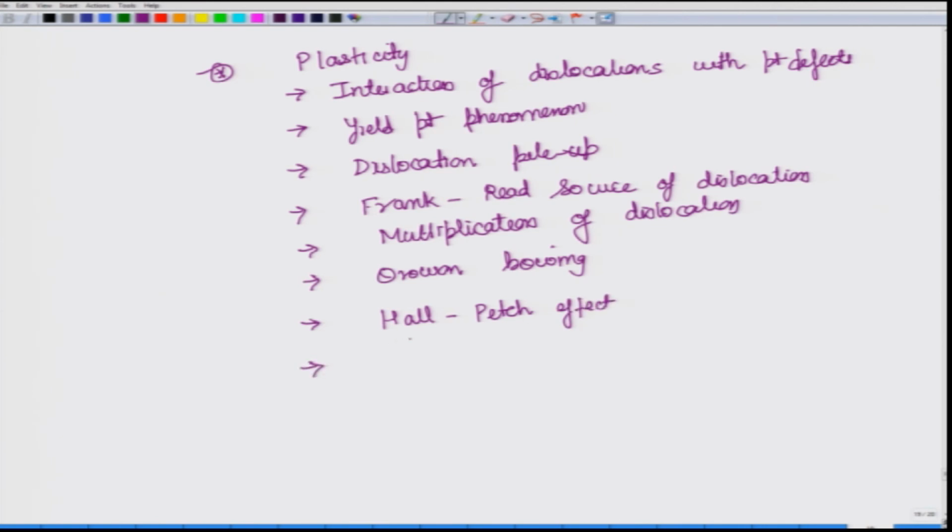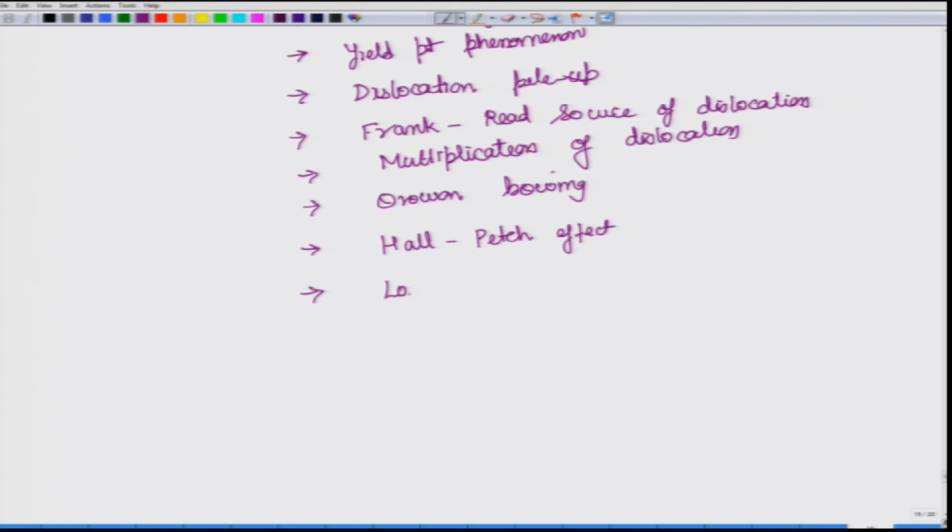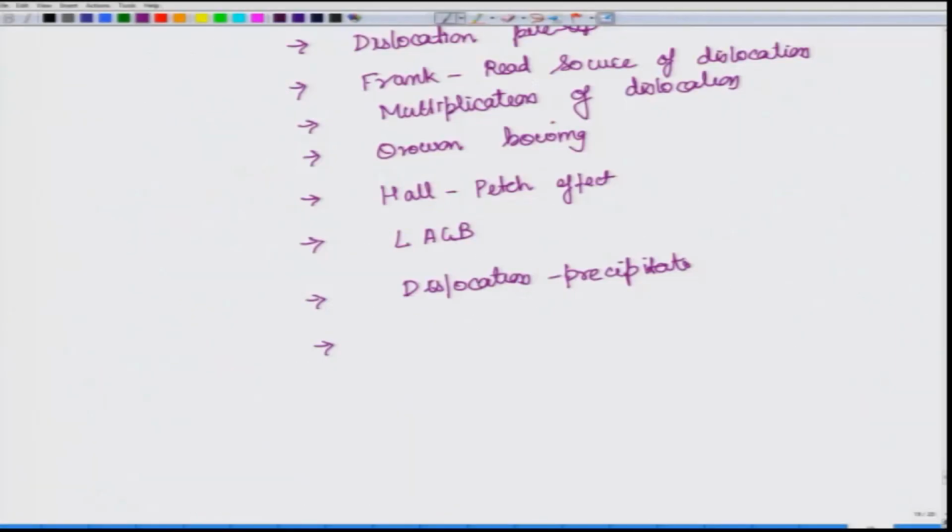Then dislocations end up forming what is called a low angle grain boundary. When they get aligned, they form low angle grain boundary. Dislocation precipitate interaction, which leads to strengthening, precipitation strengthening. So, in aluminum alloy you would know that you have under-aged, peak aged and over-aged samples. What is the difference in terms of precipitates, that we will get to understand when we look at dislocation precipitate interaction. And as a sum of these you would be able to understand strength of single crystals, polycrystals,